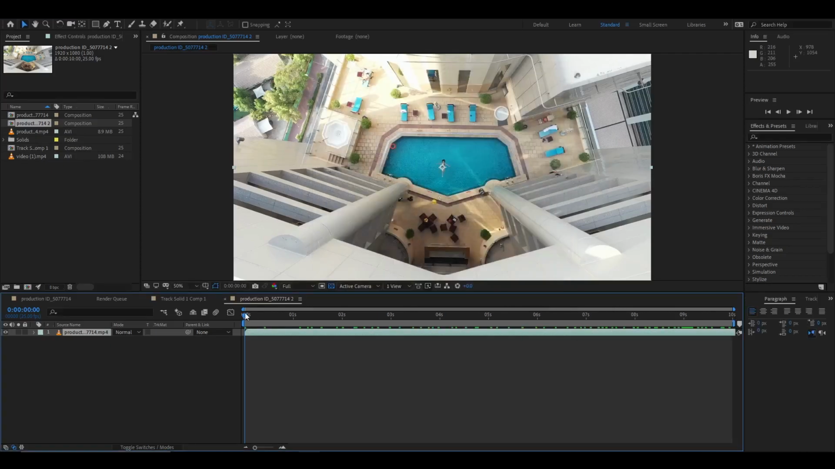Okay, now here we have the footage, and to create a camera track, basically we are extracting the camera information from the footage, as in how the real camera had moved to shoot this footage. So to do so, what you have to do is just go over here in the track,